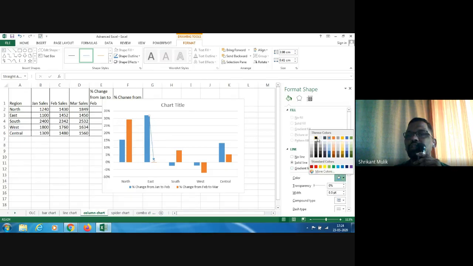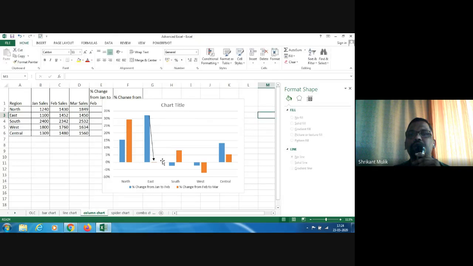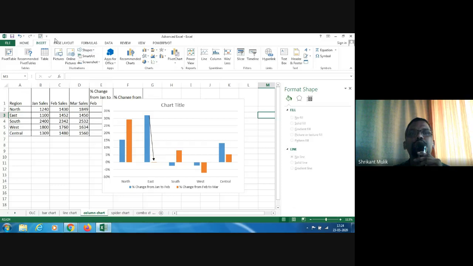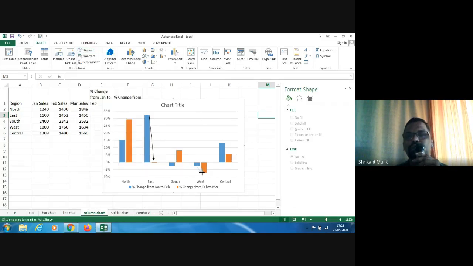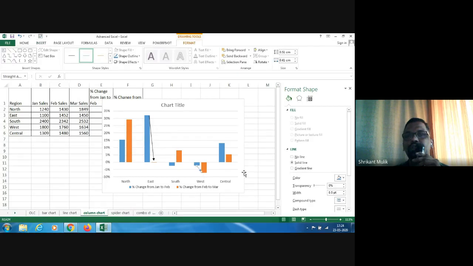I can make it bold, and I can make a point that this has gone down. Or I can put a similar thing out here, and so this is going from bad to worse. Right? I kind of emphasize that point by doing this.